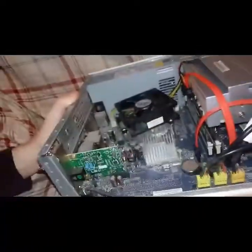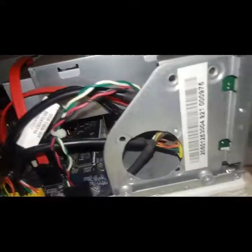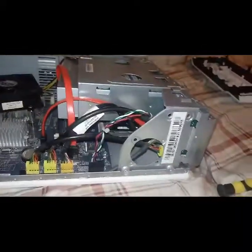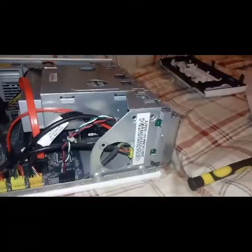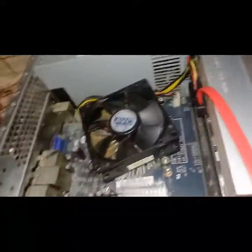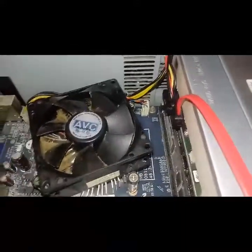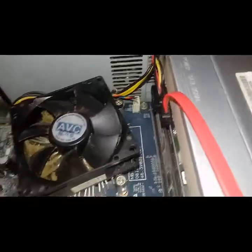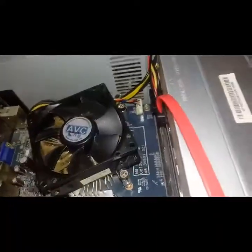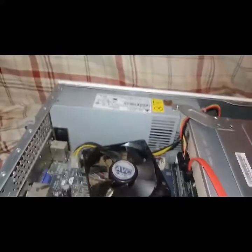So, as far as I can tell, this is actually a really good computer. This is really nice, it works well. It's a bit dusty, but what are you gonna do? Someone's gonna comment, clean it! That's what you do. Yeah, well, I'm limited to the fact that I don't have a can of air. And I'm not about to go and get my compressor and use that to blow it out and then have it fill back up with dust later on, because I'm just gonna probably tear out the processor, upgrade the RAM, the processor, and everything that I can,